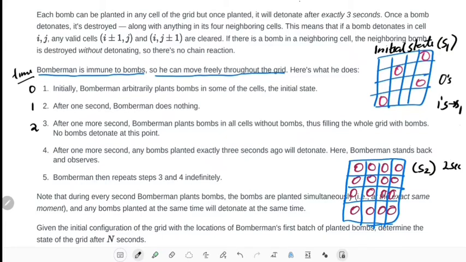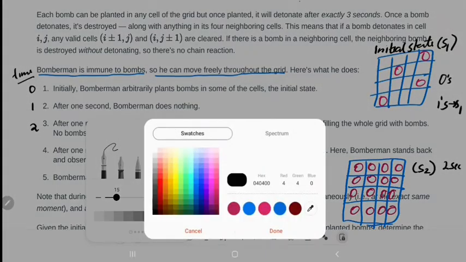After 1 more second, any bombs planted exactly 3 seconds ago will detonate. Here Bomberman stands back and observes. At time 3 seconds, all the bombs which were planted 3 seconds ago will detonate.